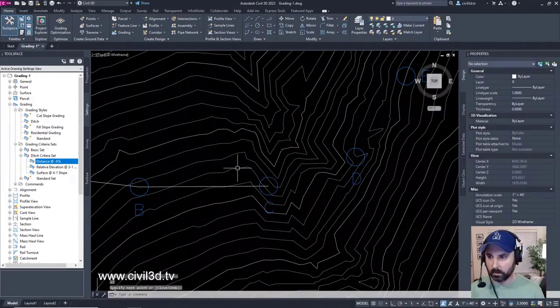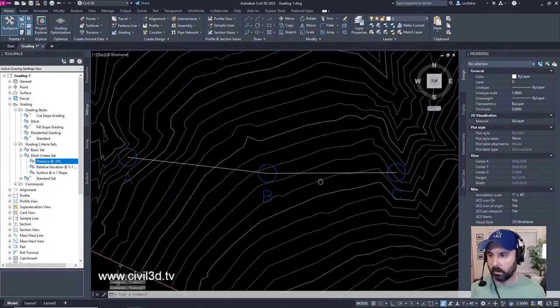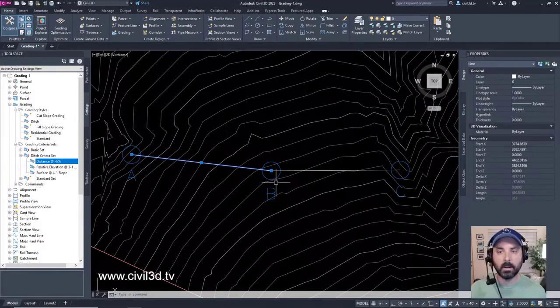Then press enter. Now, is this a special kind of line? Let's check it out. If we select it, no, it's just a regular line. Regular line here as well. Okay? No elevation has been assigned to it. You see we have 0 Z elevation on both ends of this line.